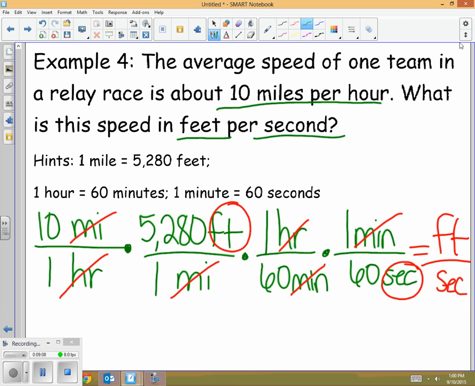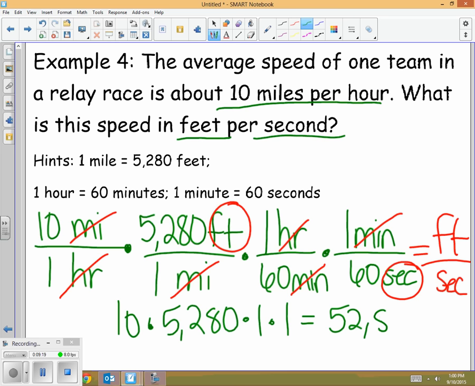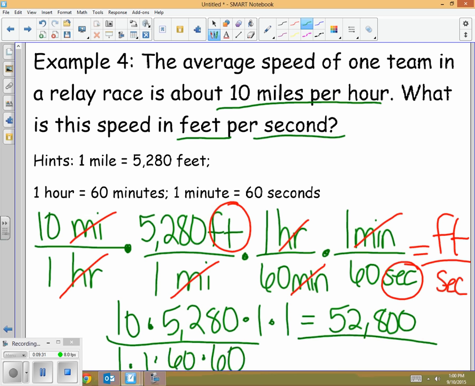So now I have feet per seconds. Go ahead and multiply straight across. 10 times 5,280 times 1 times 1 gives you 52,800. Divided by 1 times 60 times 60. When you multiply across, that gives you